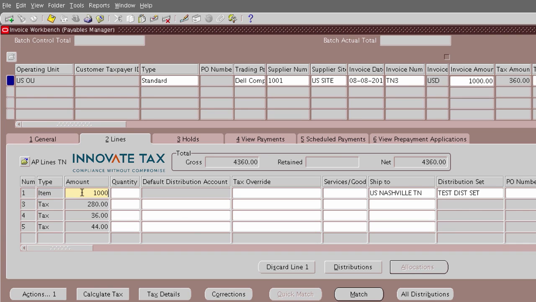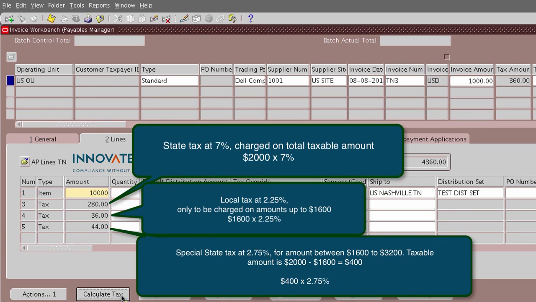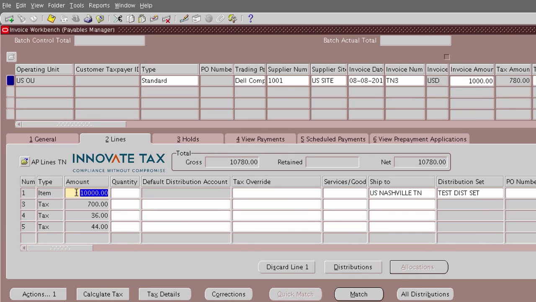When you change the amount to $10,000, the state tax goes up, but the local and special state tax remains the same due to those maximum thresholds. So if we take the line back to $2,000, and when we recalculate the tax, you'll see, as before, the state is $140, the local is $36, and the